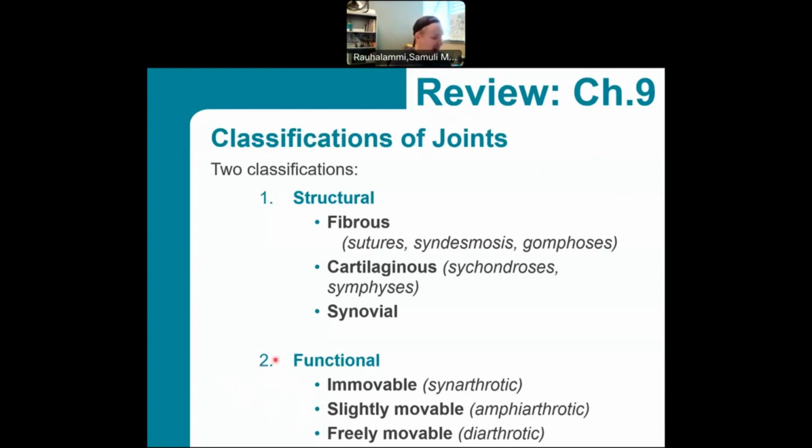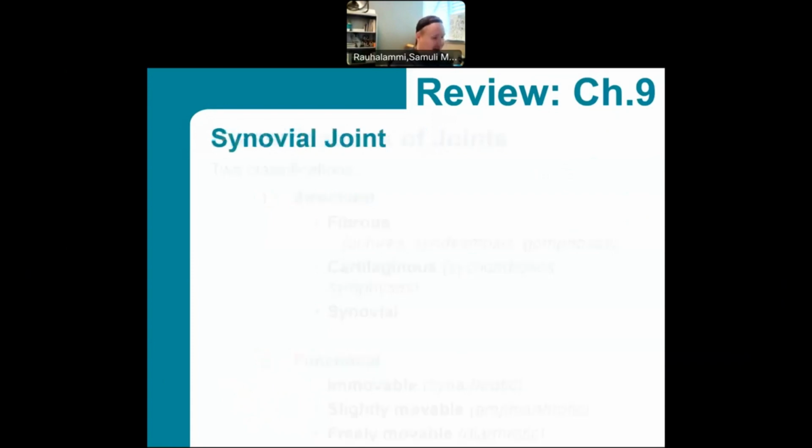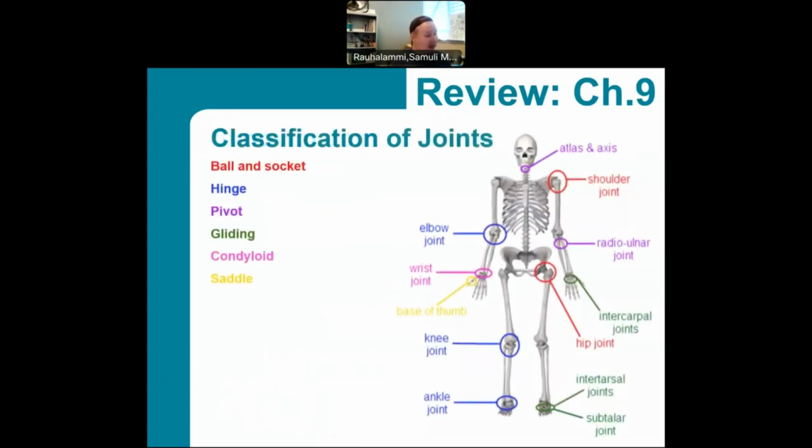So that's another way how we sometimes approach this classification of the joints. However, what I do want to focus mostly for the remaining few moments that we're going to spend on this chapter content is actually by having a look of another way of classifying joints based on the movement